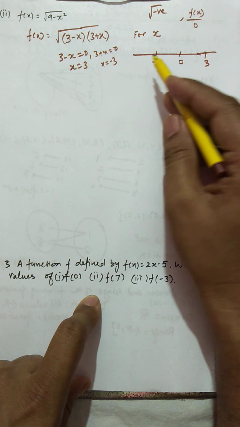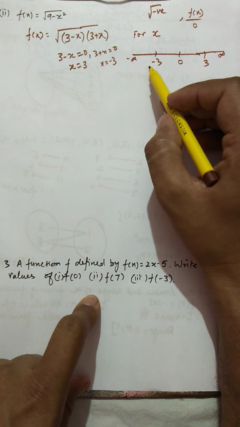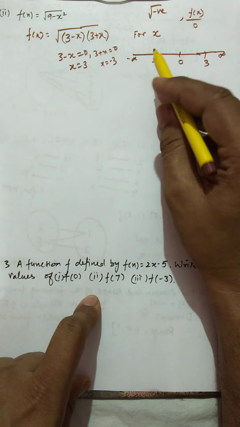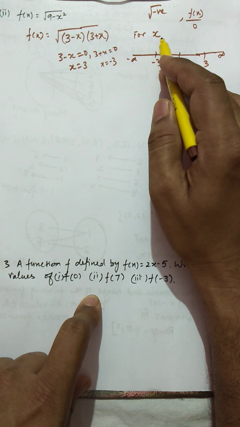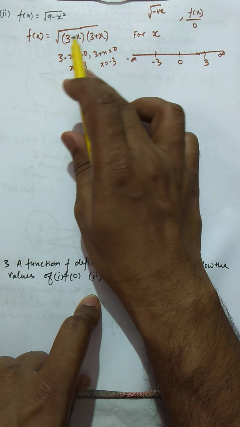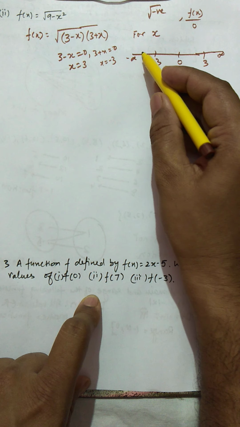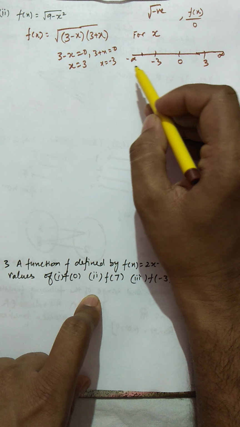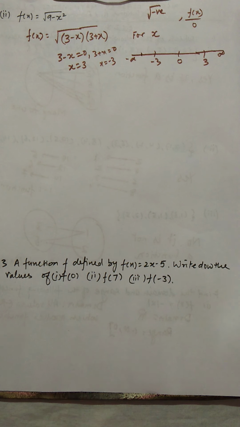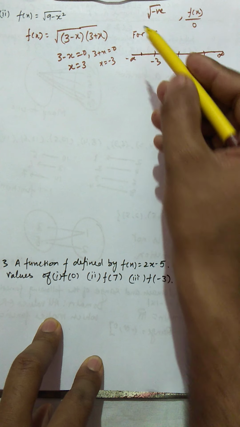Now we will take some examples. This is from minus infinity to infinity. Now here, 1, 2, 3, 4, there are 4 partitions you can see, and we'll discuss which values can be taken for x. So first, you know that inside the square root there should always be a positive number. So for example, you take any number in this interval. You take only just one value. There is no need to verify with two or three values. Just take one value between the first one. For example, here we take -4.